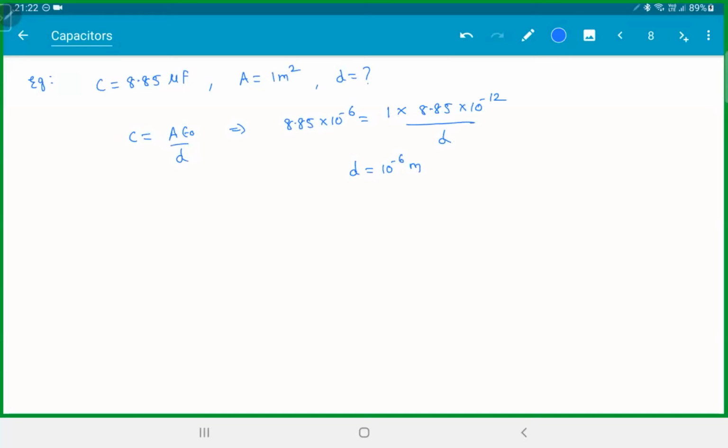Now there is a problem with this. If you make the distance too small, you actually have another kind of issue. This also doesn't work. I'll show you why in the next page. Since we get a dielectric breakdown, we'll see what is a dielectric breakdown. So the only option left is